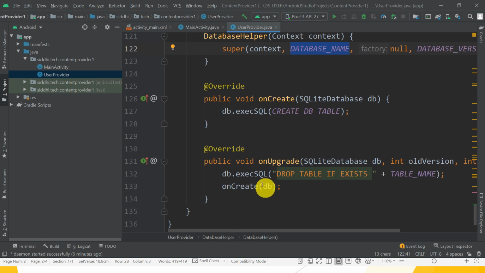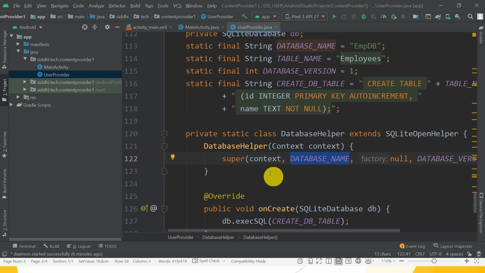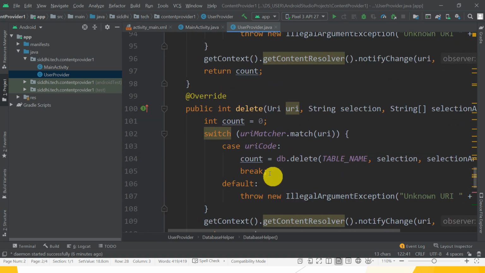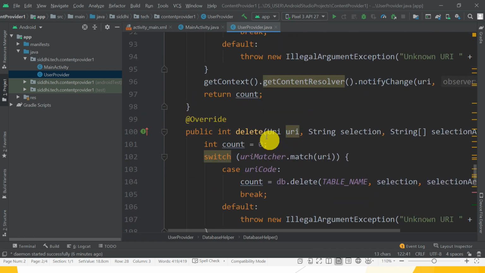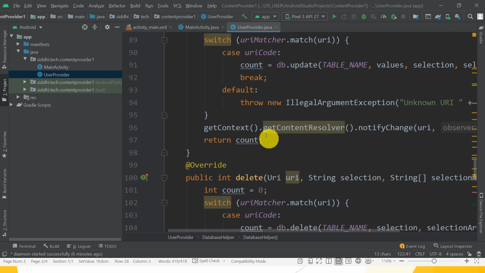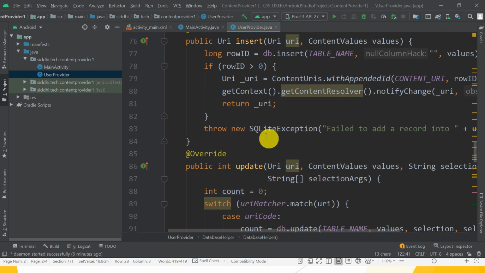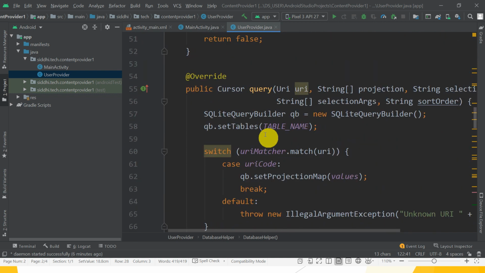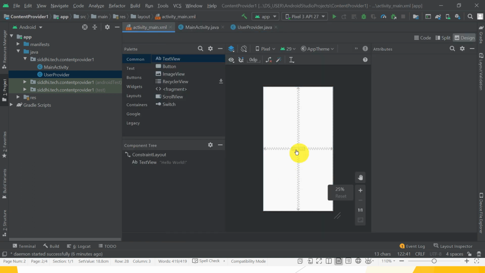It creates the new DB table for you. Guys, hope you understand this user provider Java class, where there are 6 different methods we have to override, and using these methods we insert, update or delete data in the given database. Then go to the design part, that is activity main.